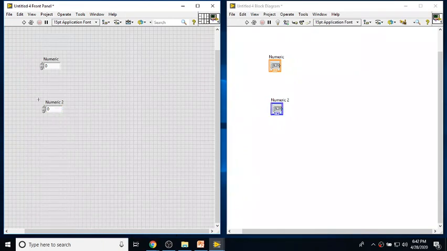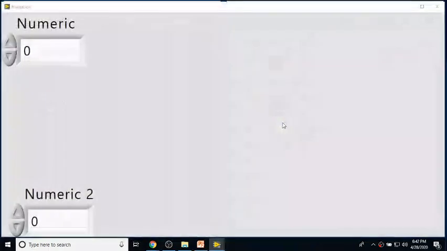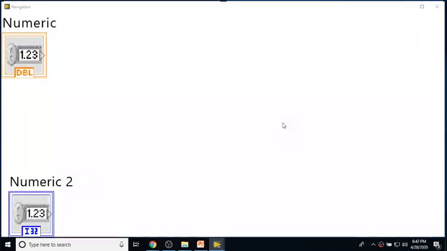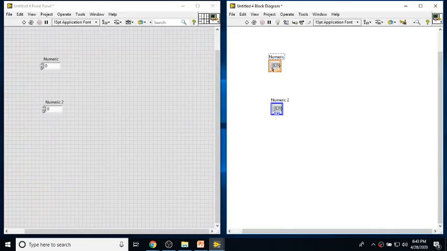So as soon as I change it to I32, you can closely see here on the block diagram. I'll just zoom into the block diagram. You can see there are two controls. One is orange color and one is blue color. You can see it is written as DBL on input number 1 and I32 on input number 2, right? So basically a color difference of orange and blue represents whether they are a floating point data or